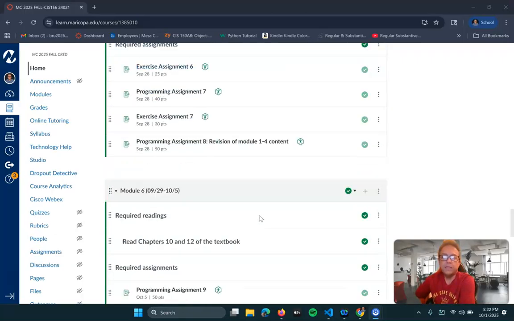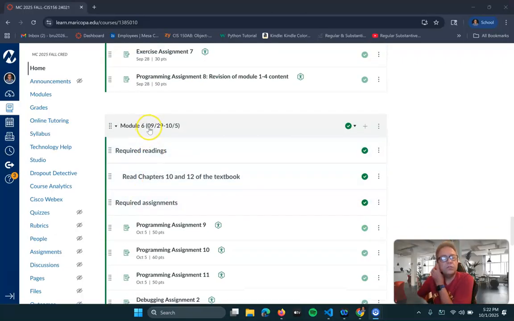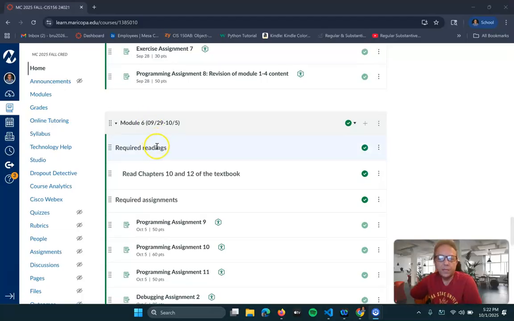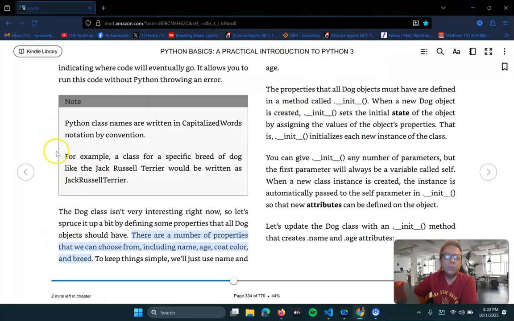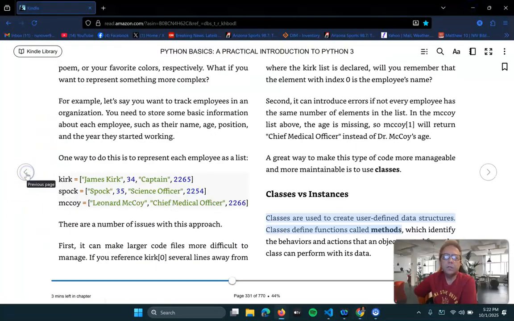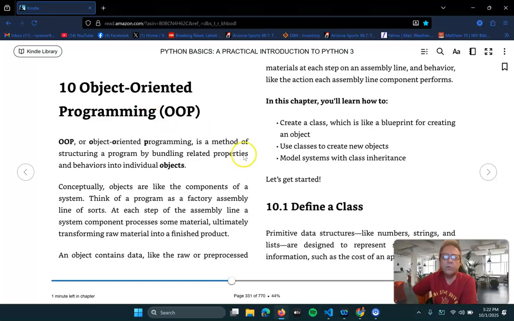And today is September 29th, and we are reading chapters 10 through 12. I want to start by introducing classes and objects. This week we have these 4 assignments. So let's go to our book, and if you go to the book, it talks about object-oriented programming and how